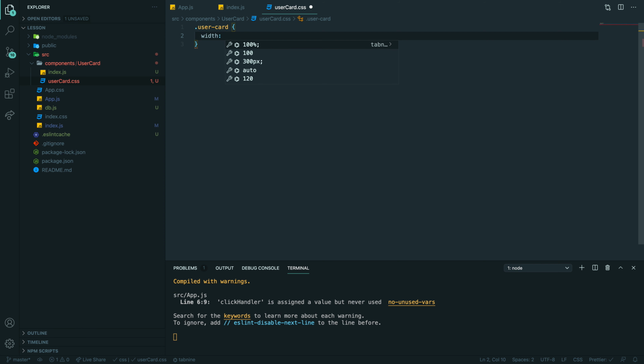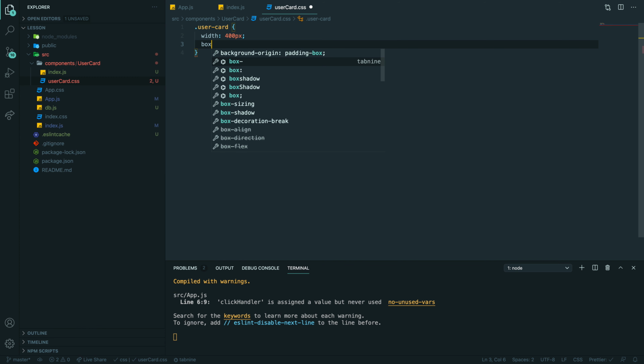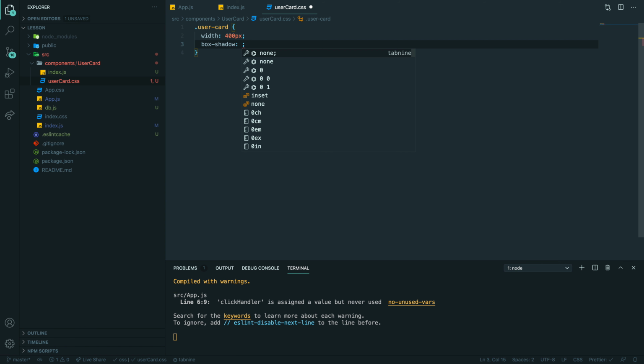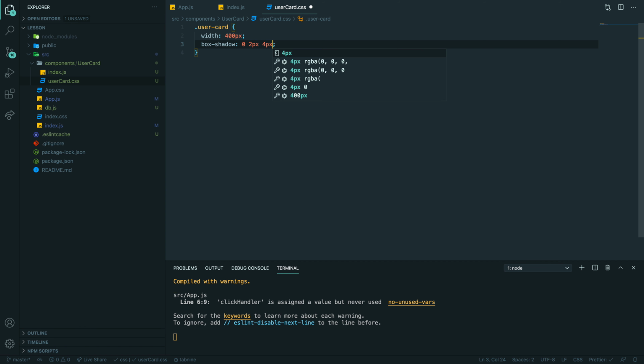Width, 400 pixels, box shadow, I don't know, 0 pixels, 0, 2 pixels, 4 pixels, RGBA, 0.1, and the next one is 4 pixels, 8 pixels, and 16 pixels, RGBA 0.2.